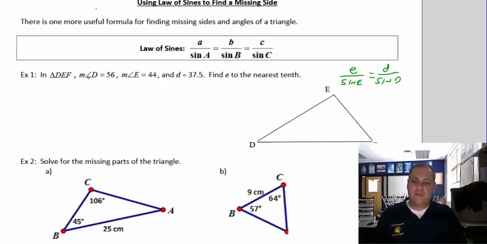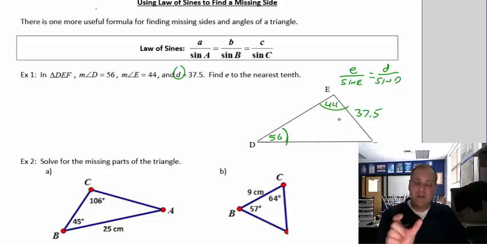So in triangle DEF, the measure of angle D is 56 and the measure of angle E is 44. And little d is 37.5. Little d is opposite of angle D. So here's angle D. If you draw out opposite, that's 37.5. That's not opposite like of a right triangle, because we don't have a right triangle. We don't have a 90-degree angle. But it's the opposite side. Now, that's the key. You got to have a side and an opposite angle that you know. So we know this angle and we know the opposite side. You must know two things. You can't have a variable there. So it's